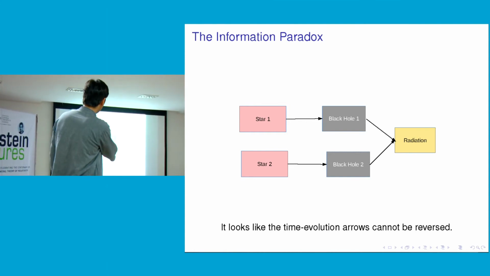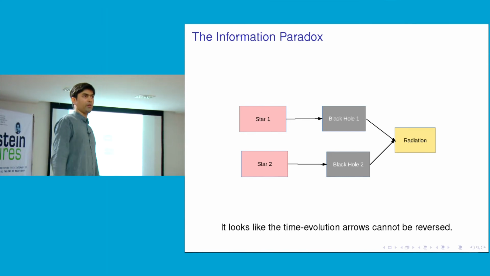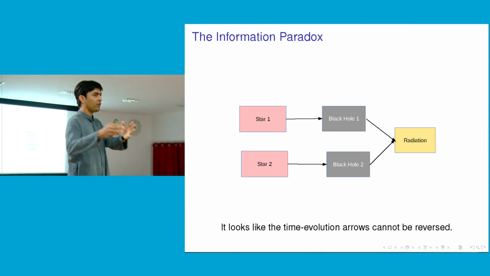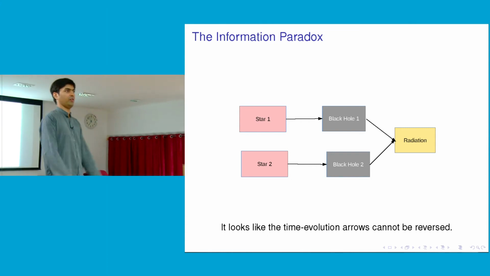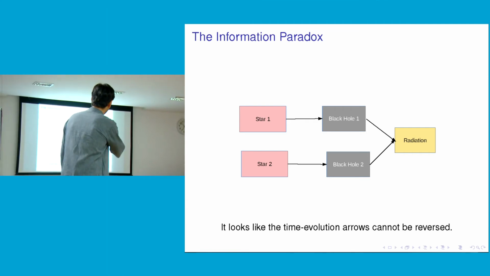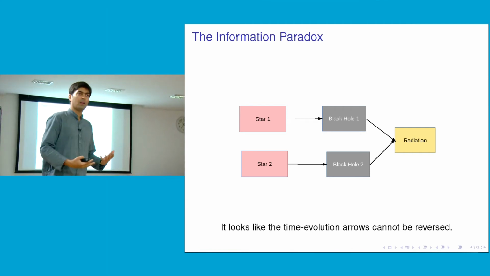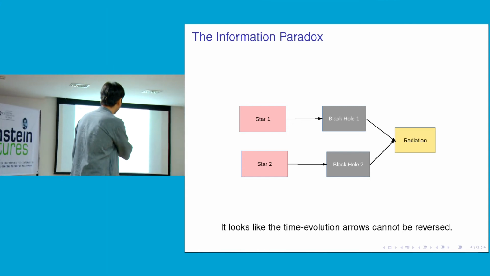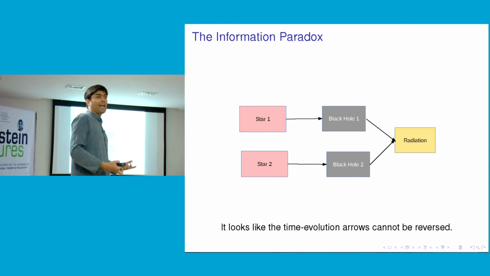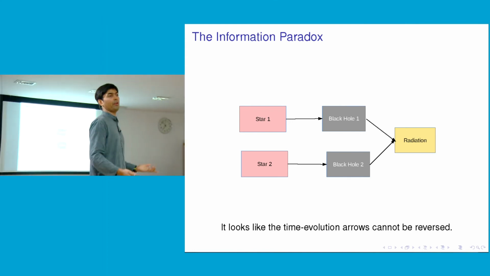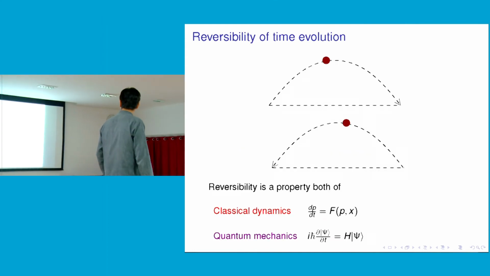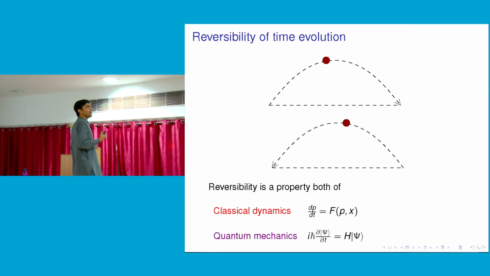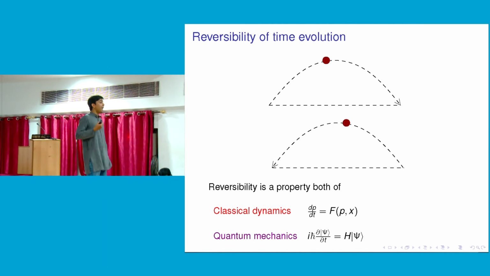So, it looks like starting with one kind of star which might be made out of some kind of element, and another kind of star which might have some different astrophysical properties and different features, you could form them into a black hole and you would end up with the same radiation. And this suggests that these time evolution arrows can't be reversed. And if that is really correct, that would be a catastrophe. It would be a catastrophe because the reversibility of time evolution is a fundamental property of both classical and quantum